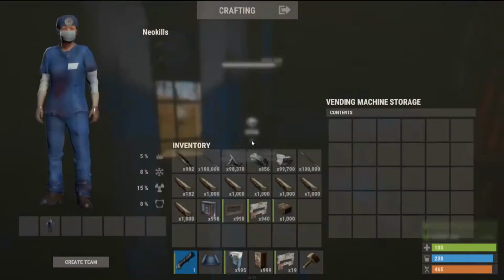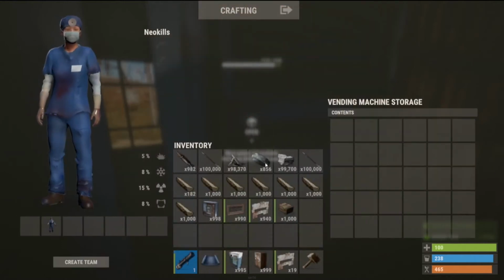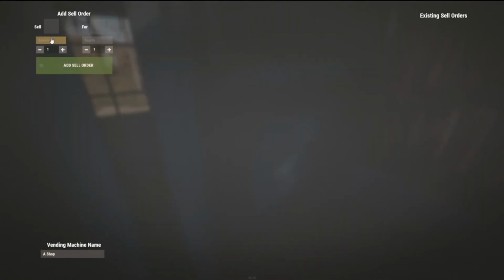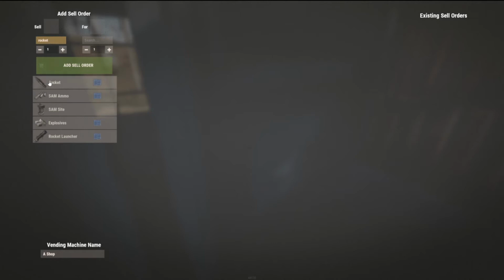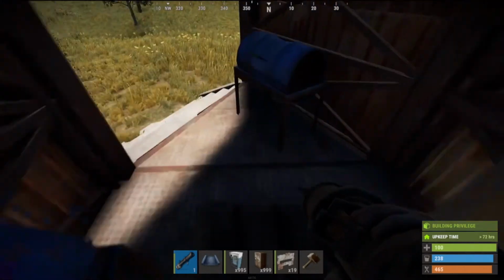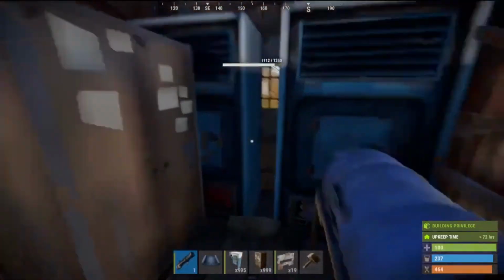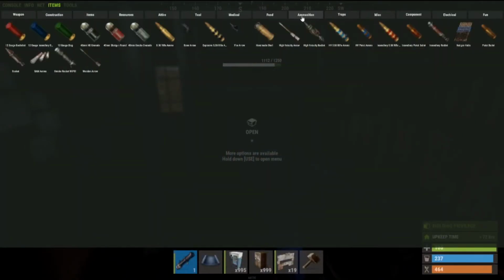So I'll show you how to set stuff up here on this as well. You hold E, you can open it, you can put whatever you're getting rid of in here. Then you go to administrate, and let's sell our rocket, and say we want 200 scrap for that. So we're going to type in scrap here, and 200 down here. And there you go, that's all there is for that. The only thing is, if you are trying to trade something, say it's a new BP wipe here, and you have 5.56 ammo, and you want to try to get,